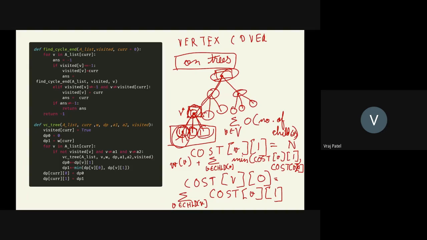You can just see that each of these vertices is looked at at most twice. Not at most twice, maybe thrice. Yes, they are looked at thrice. Once this value is looked up as cost u1 and cost u0 over here for calculating v1, and for v0 this element is looked at once. So for every vertex we are looking at it thrice, so it's like 3 times the number of vertices. So you can just say it is order of the number of vertices, right? So this was not the problem that we had.